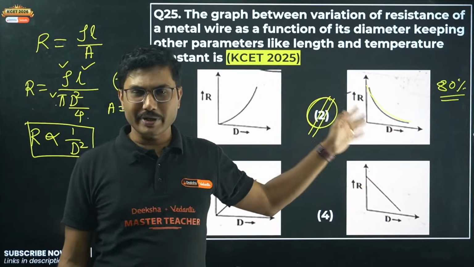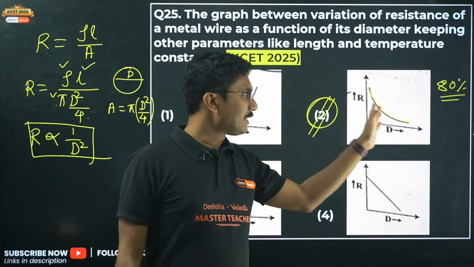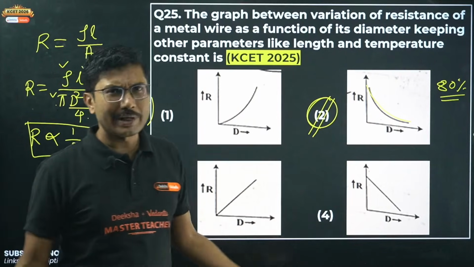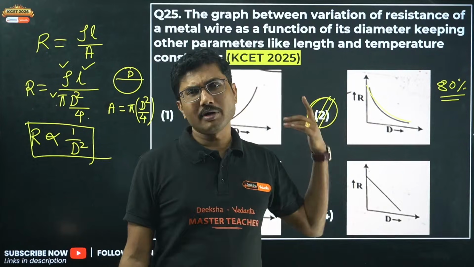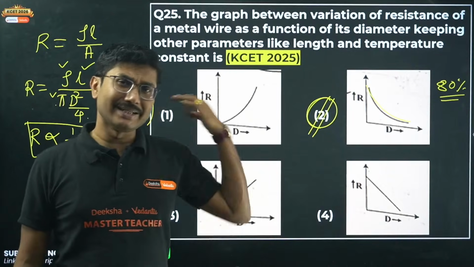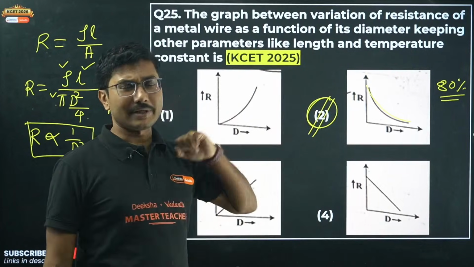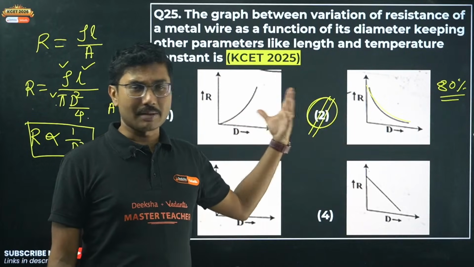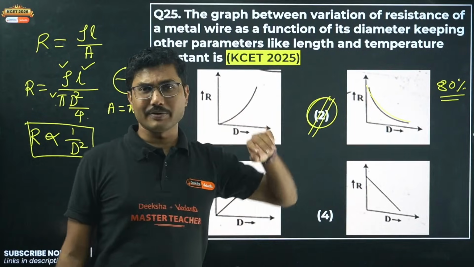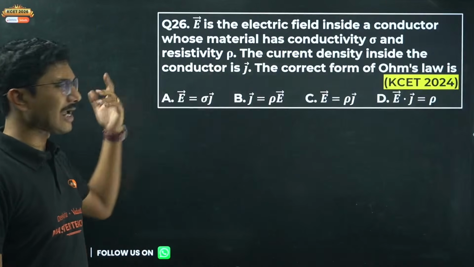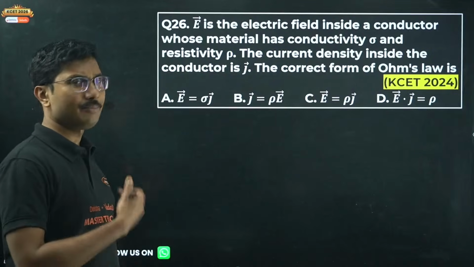Inverse square and inverse are almost same. So this pattern you should mark if you are not willing to invest some time, and there is no negative marking. So even if you are wrong, marks will not be deducted. If it is an easy question, you will be able to identify the graph properly. If it is a slightly tricky, difficult question, then somehow you have to mark this option without trying to solve it. If you get time, you can solve it. If you don't get time, just mark it.